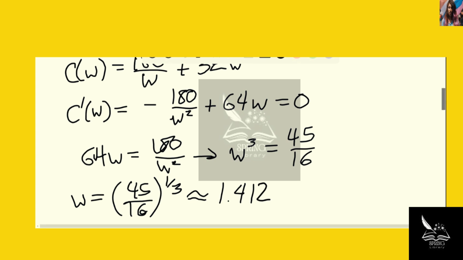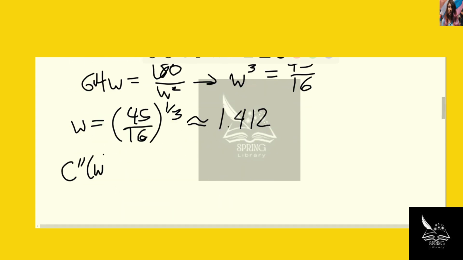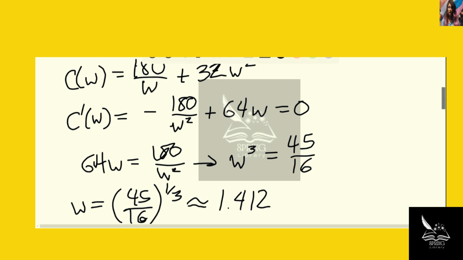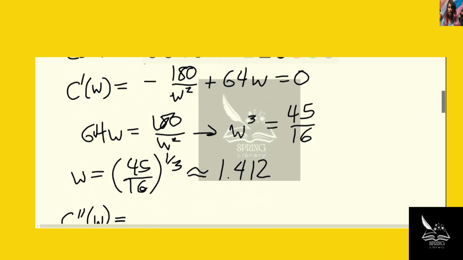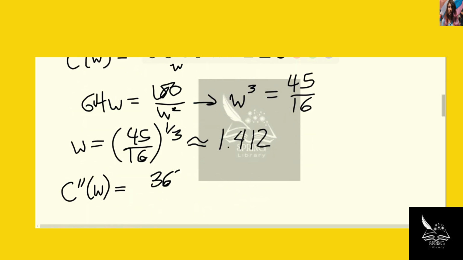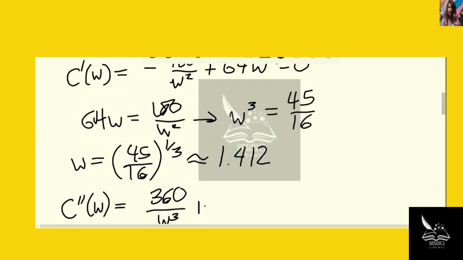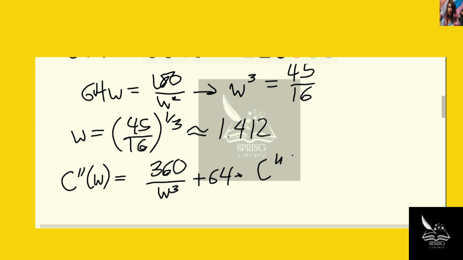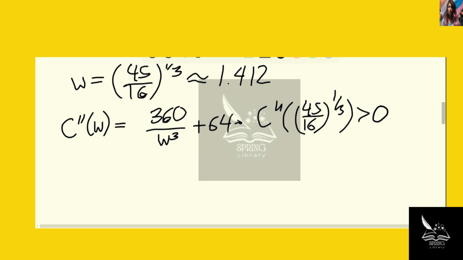Now, we can find the second derivative, C double prime of W. This is positive 360 over W cubed plus 64. And it follows that C double prime of 45 over 16 to the 1/3 is automatically positive. So, by the second derivative test,